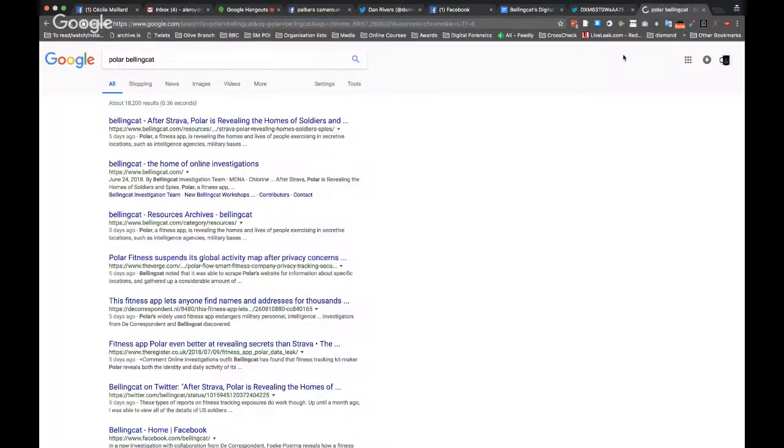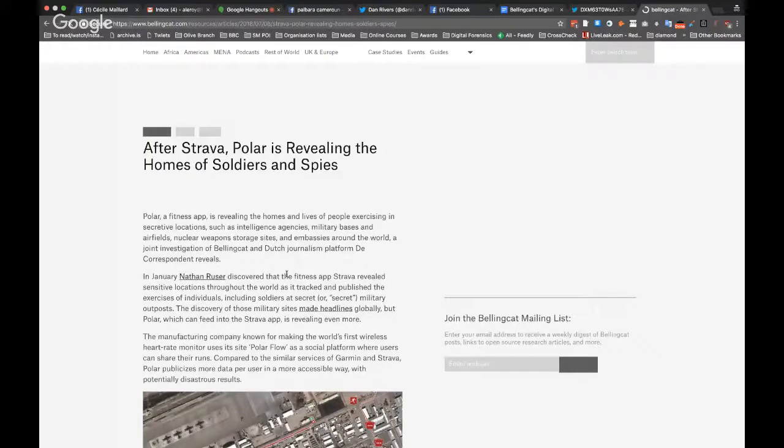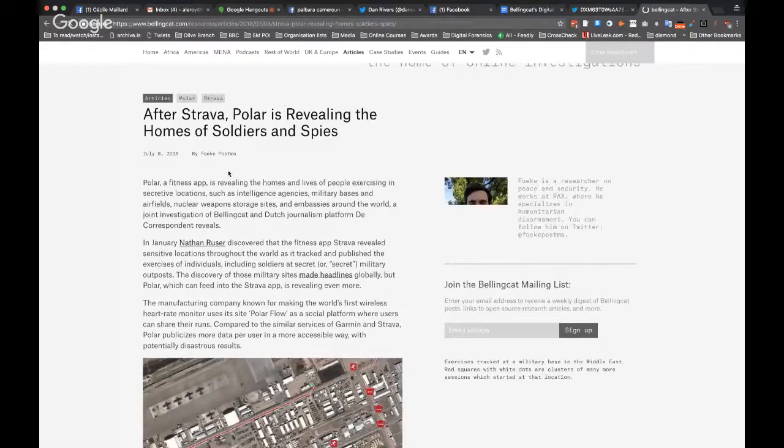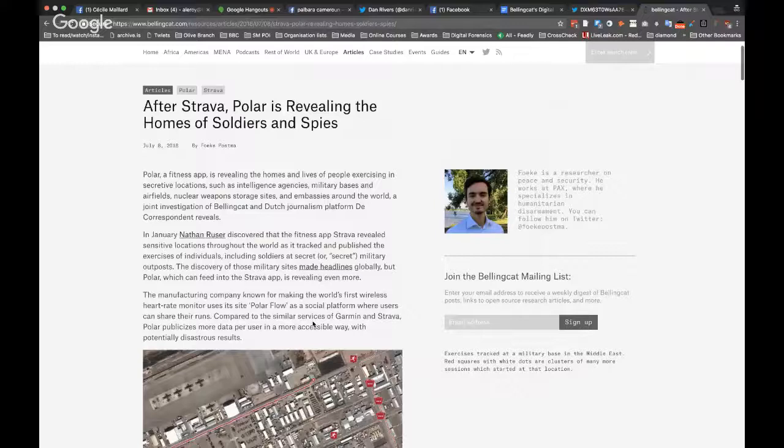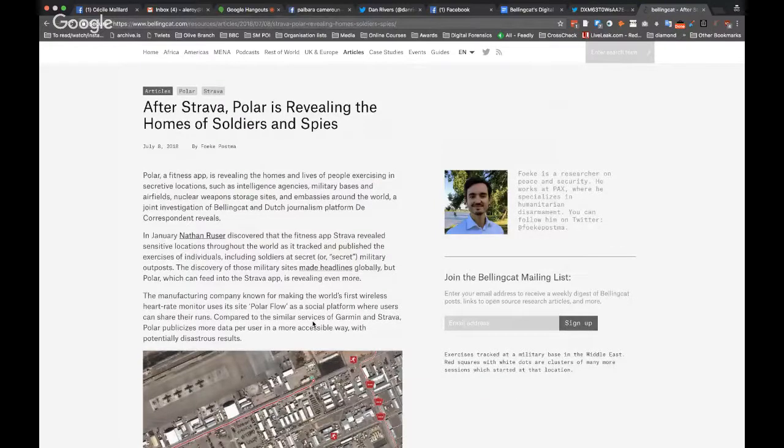There have been a lot of articles about Strava, but recently, 5 days ago, actually, this article came out about Polar, which is another app. And here is what you will see. Now they took it down because the people who did the investigation, so it was Bellingcat and the Dutch platform De Correspondent, they went to the company and said, look, a lot of the data you have available is about, as you can see from the article title, soldiers and spies, and that could be dangerous for national security, so please shut down your platform,